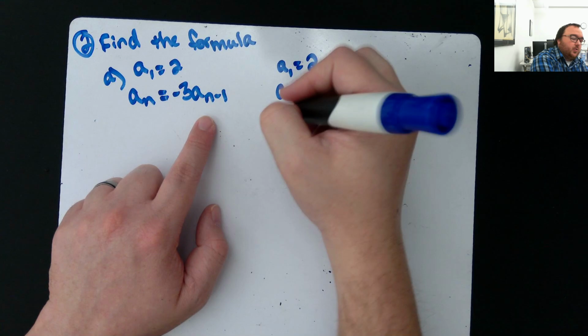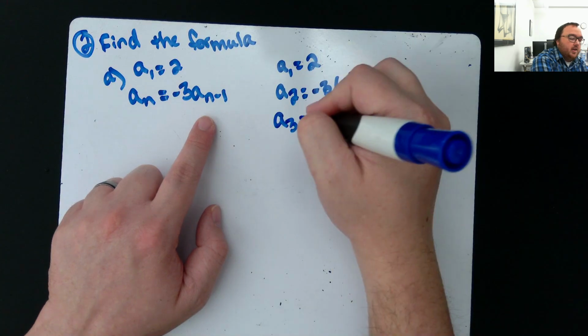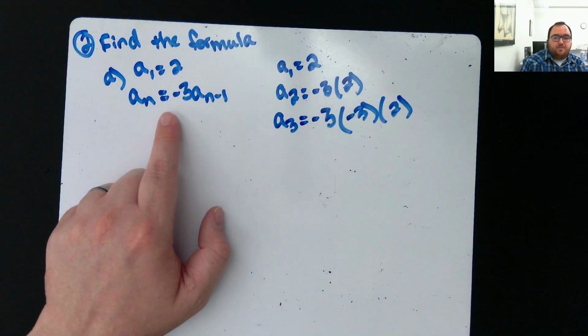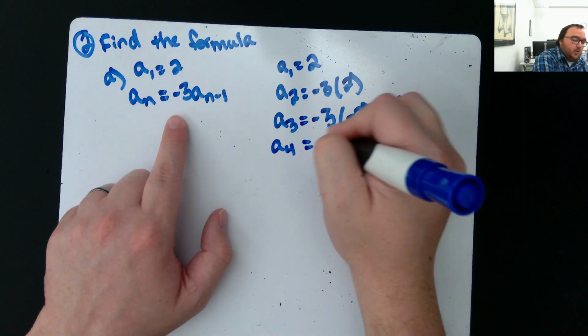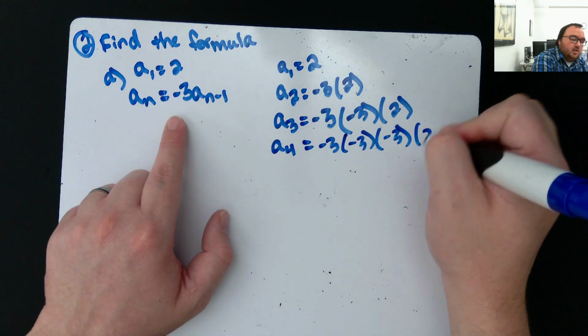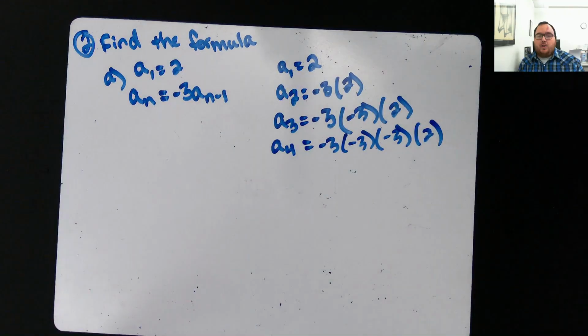For A3, I would do -3 times the previous term, which we said was -3 times 2. For A4, I would do -3 times the previous term, which we just said was -3 times -3 times 2. So I can kind of see what the pattern will